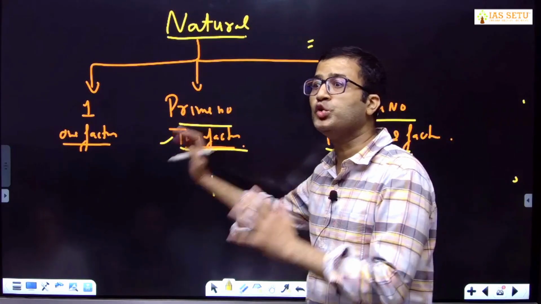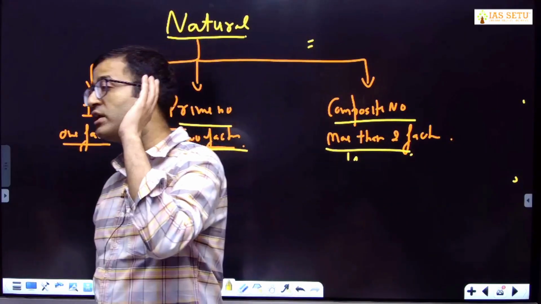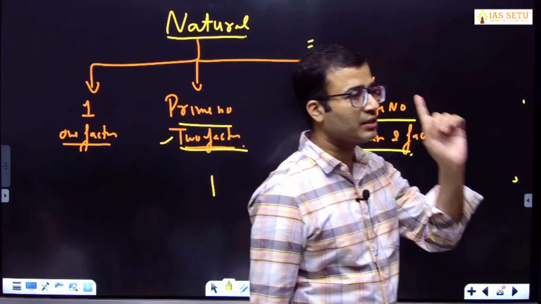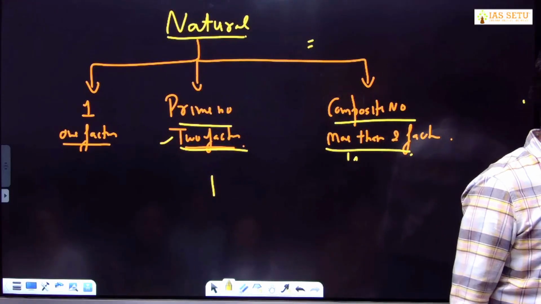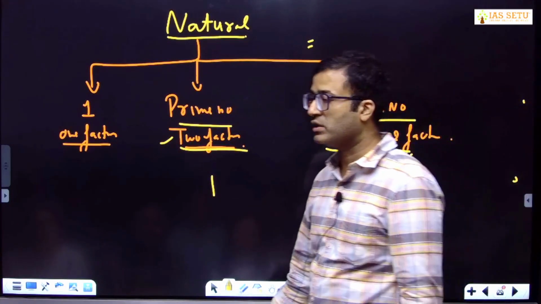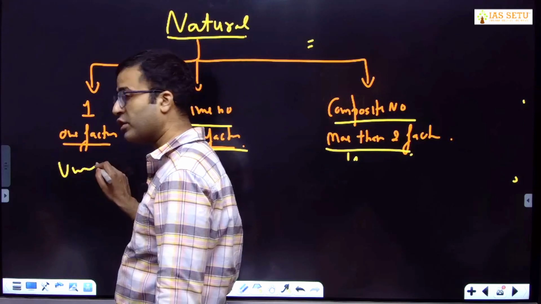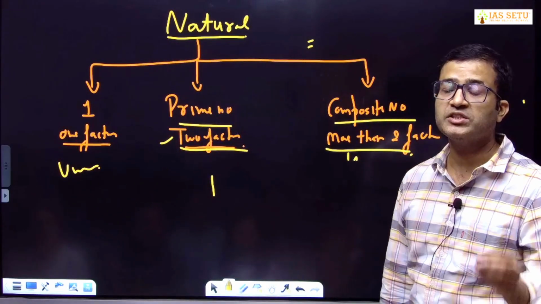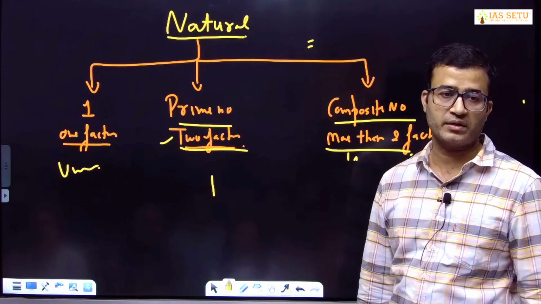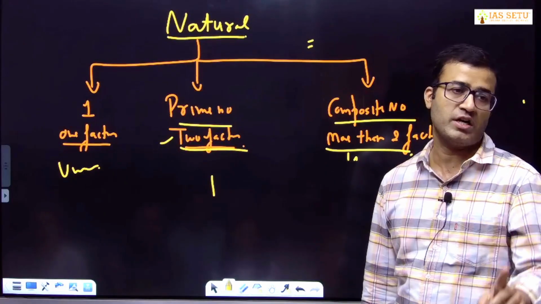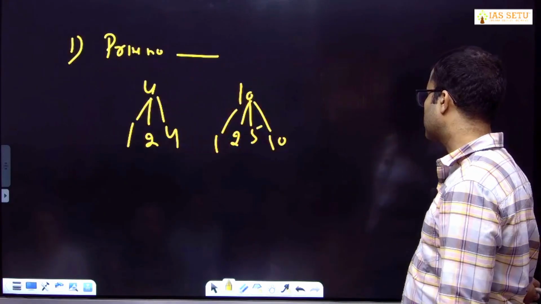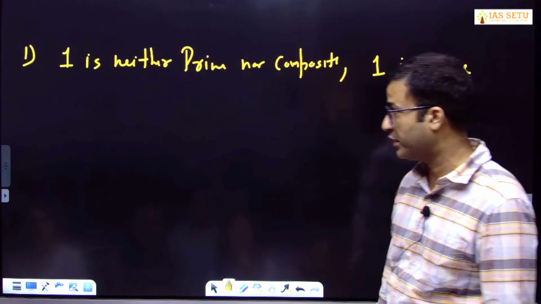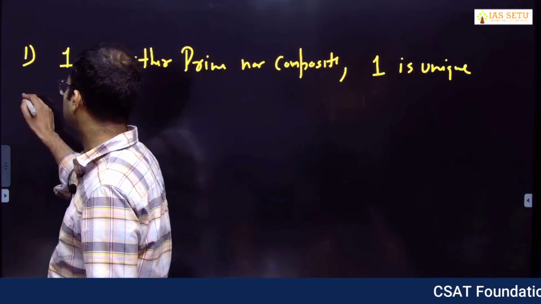1 is unique. Why? Because 1 is the only natural number which has exactly 1 factor. There is no other natural number. That's why we call 1 unique. अगर unique word use कर लिया, it means 1. If in any question it is mentioned A is a unique number, it means they are talking about 1. Because this is the first observation. 1 is neither prime nor composite. 1 is unique. Second observation,